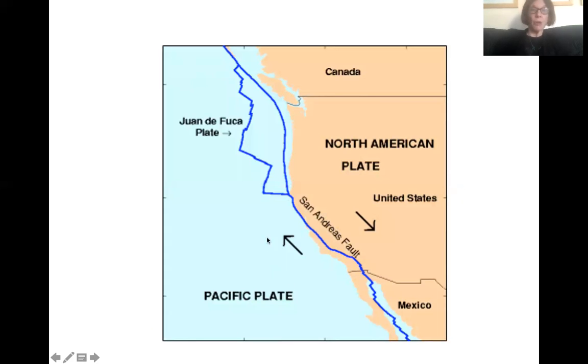So we have some faults here. Now, the Juan de Fuca plate is now underneath the North American plate, but we have the Pacific plate over here. We have the North American plate here, and they meet right here, right at the San Andreas Fault. And the Pacific plate is always kind of going upwards, and the North American plate is pushing downward. You know about these